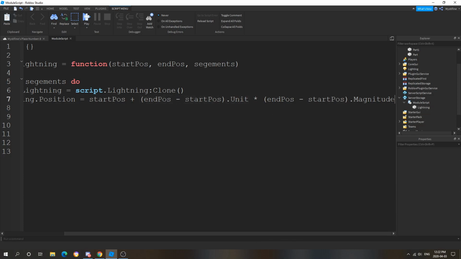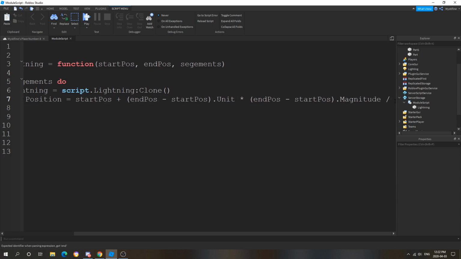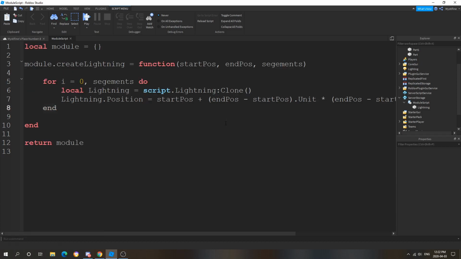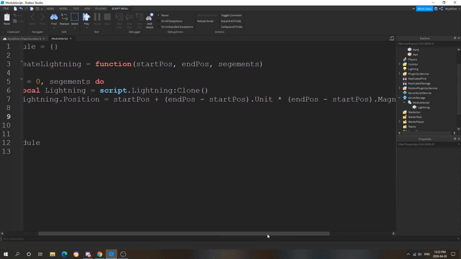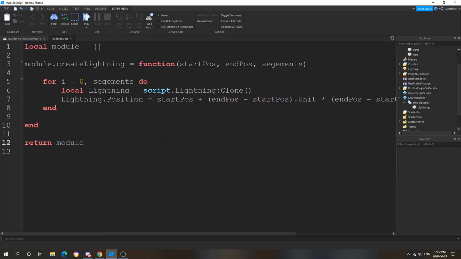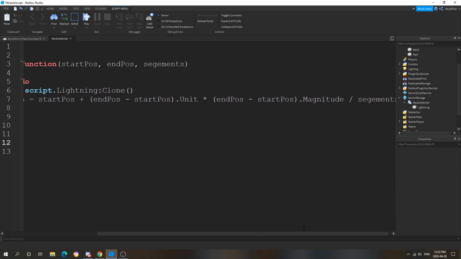So we got the direction, we got the distance. Now we want to find the length. So the length would be the distance over the number of segments, right? Now you may notice something off in this formula, because these values will always stay the same. They don't change. Now the good thing is we have a loop here with I, which actually changes its value